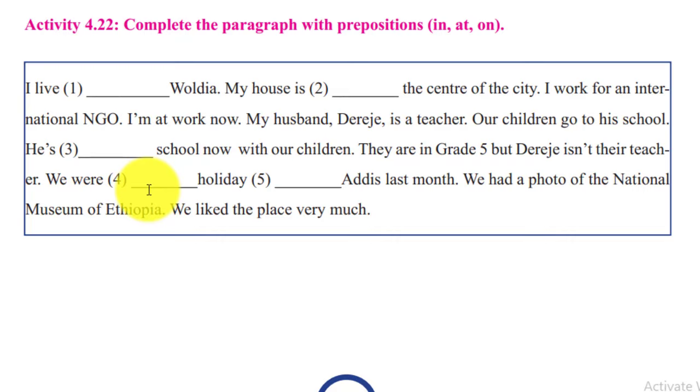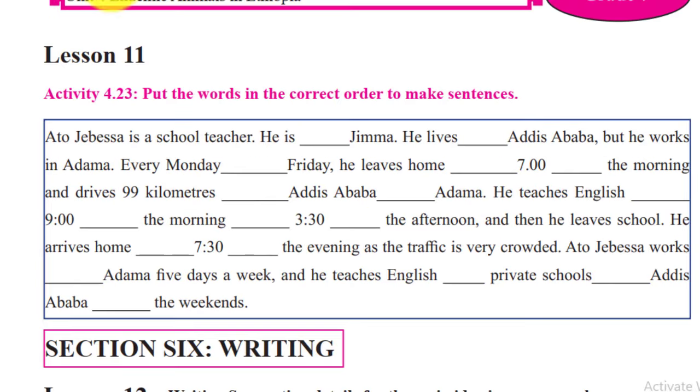what do you say we were in holiday ላይ ነበርን at in Addis last month. We were in holiday in Addis last month. We had a photo of the National Museum of Ethiopia. We liked the place very much. ብሎ ይቀጥላል። Okay, the next one, lesson 11 ላይ ስንመጣ activity 4 to 3, put the words in the correct